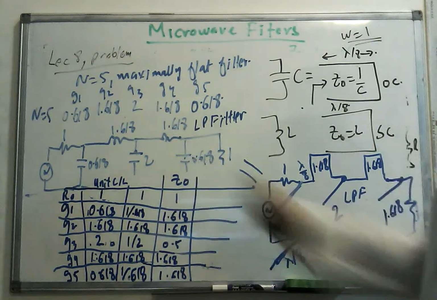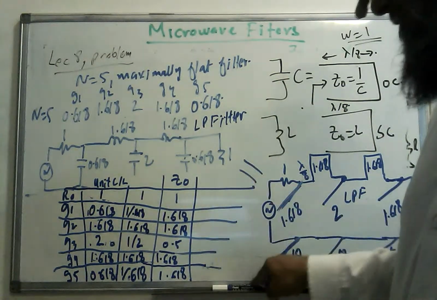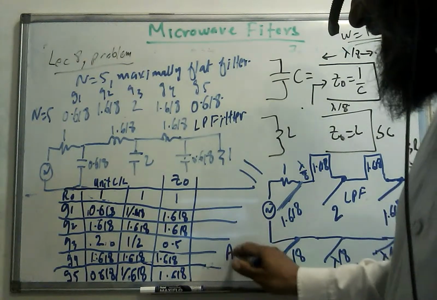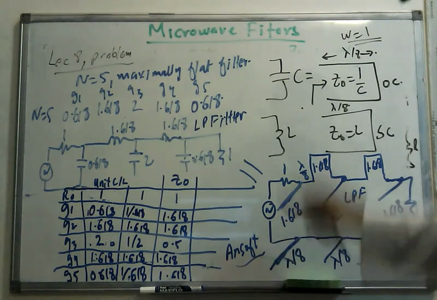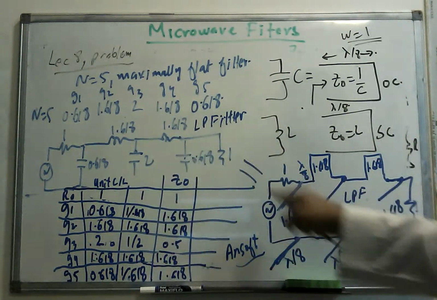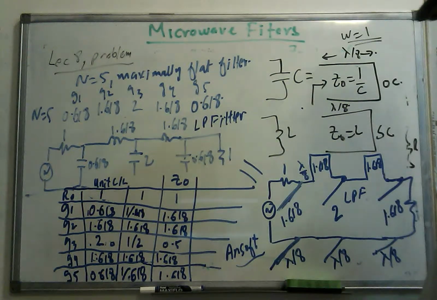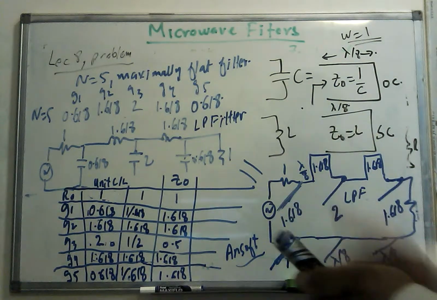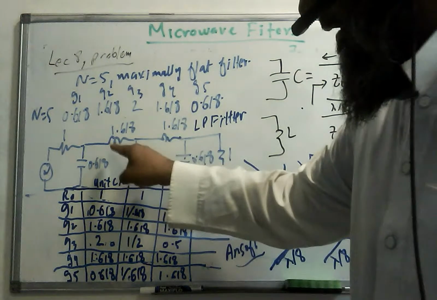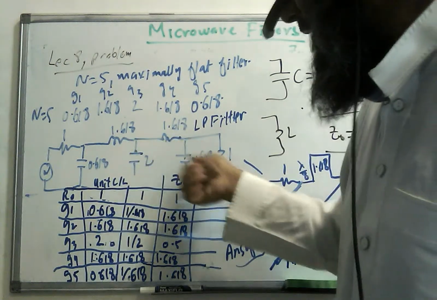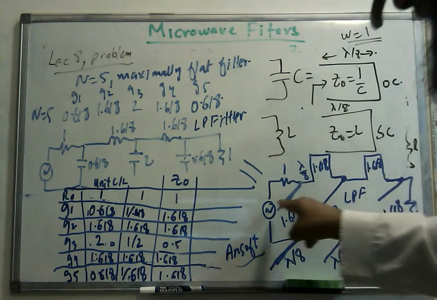So how do I know that this is correct? The easiest way to do it is to put this in NSOFT. So when I put this in NSOFT, I can put the transmission lines so that S21 of this is equal to S21 of this. If it is same, then it means that our model, our transformation is good. But what is the advantage? The advantage is we don't have to buy these components, because capacitance and inductance are expensive components. So by putting